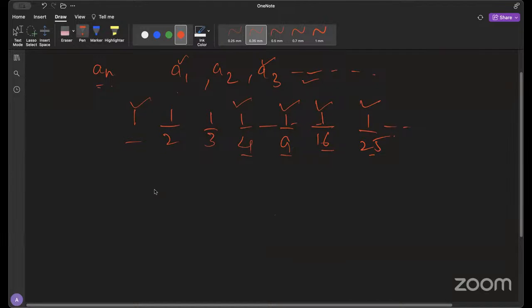Ma'am, does a subsequence need to have the same order as the main sequence? Yes. As I said, if you take A4 here,